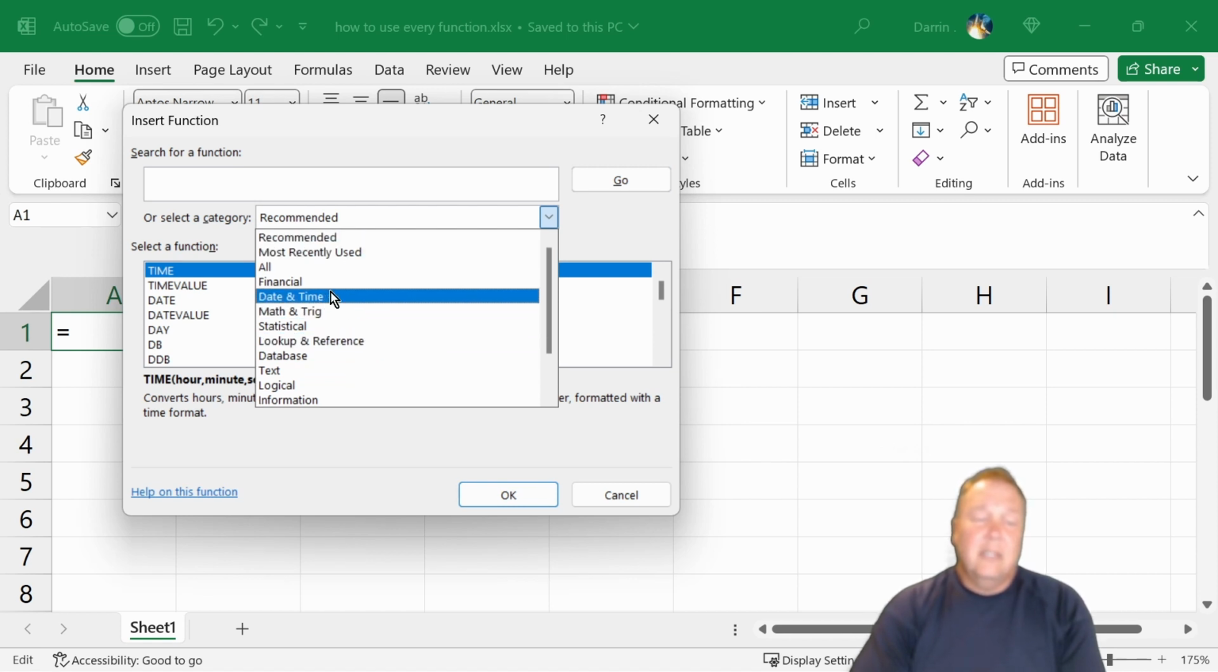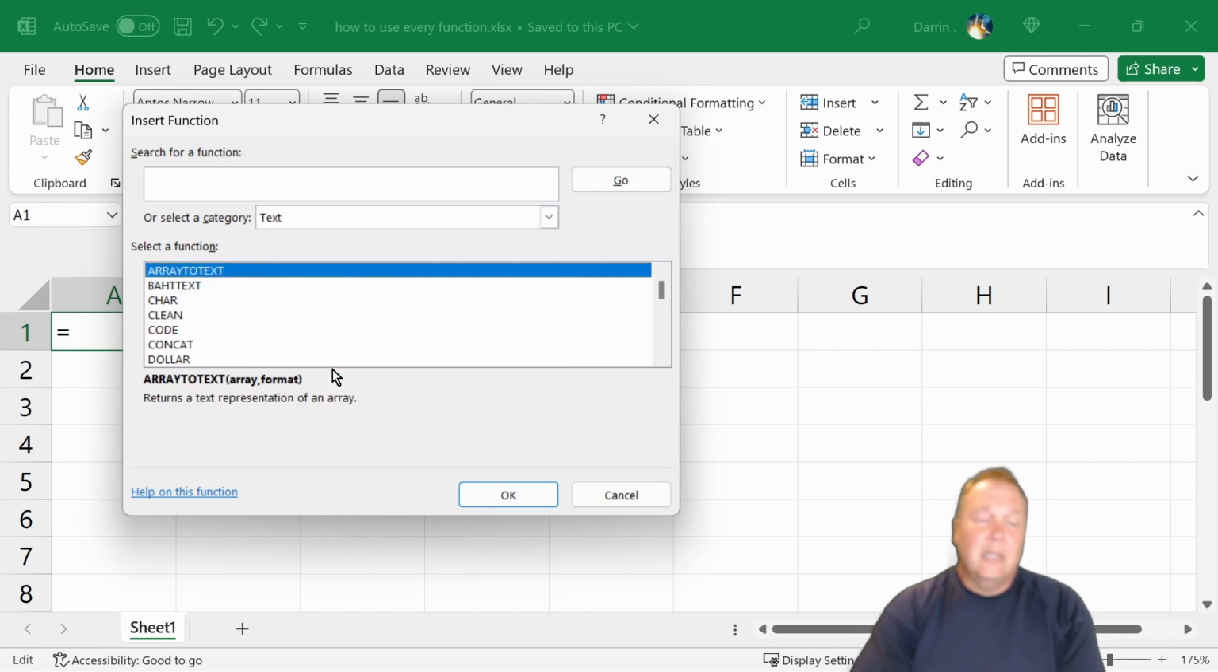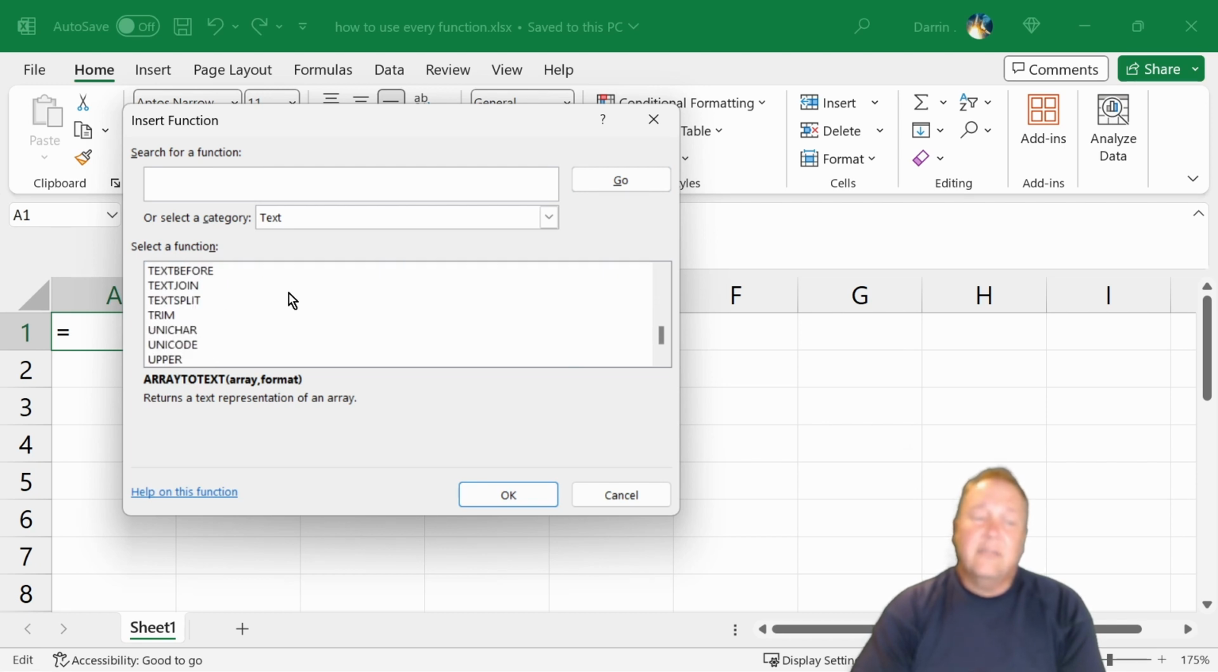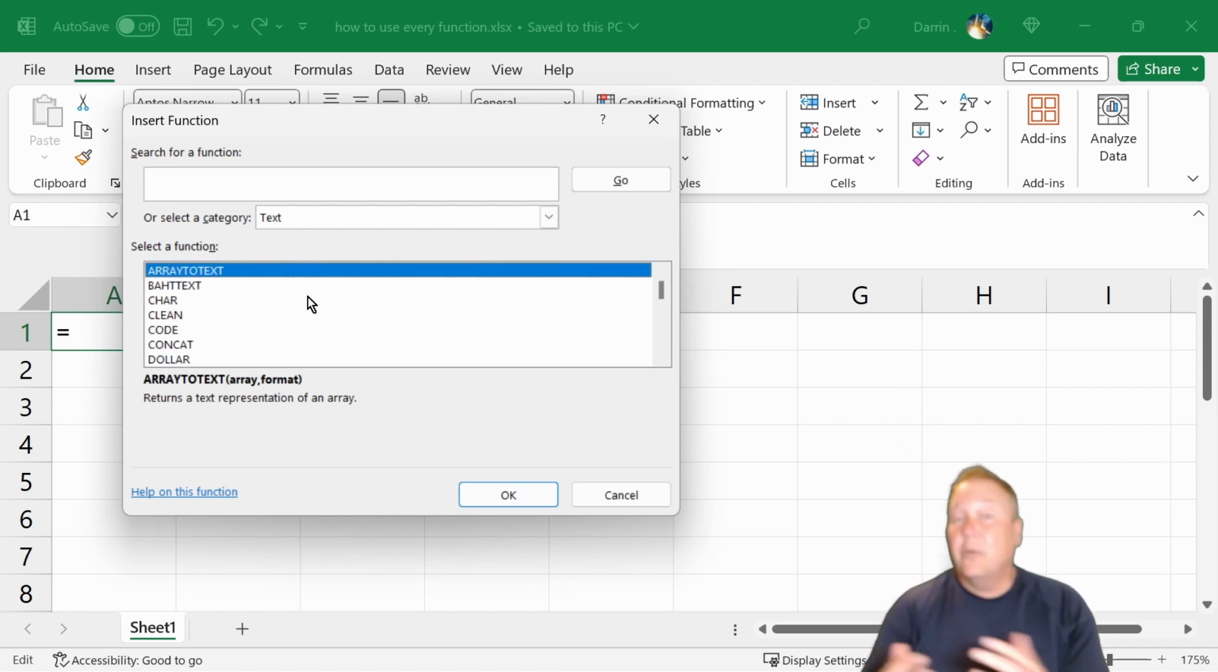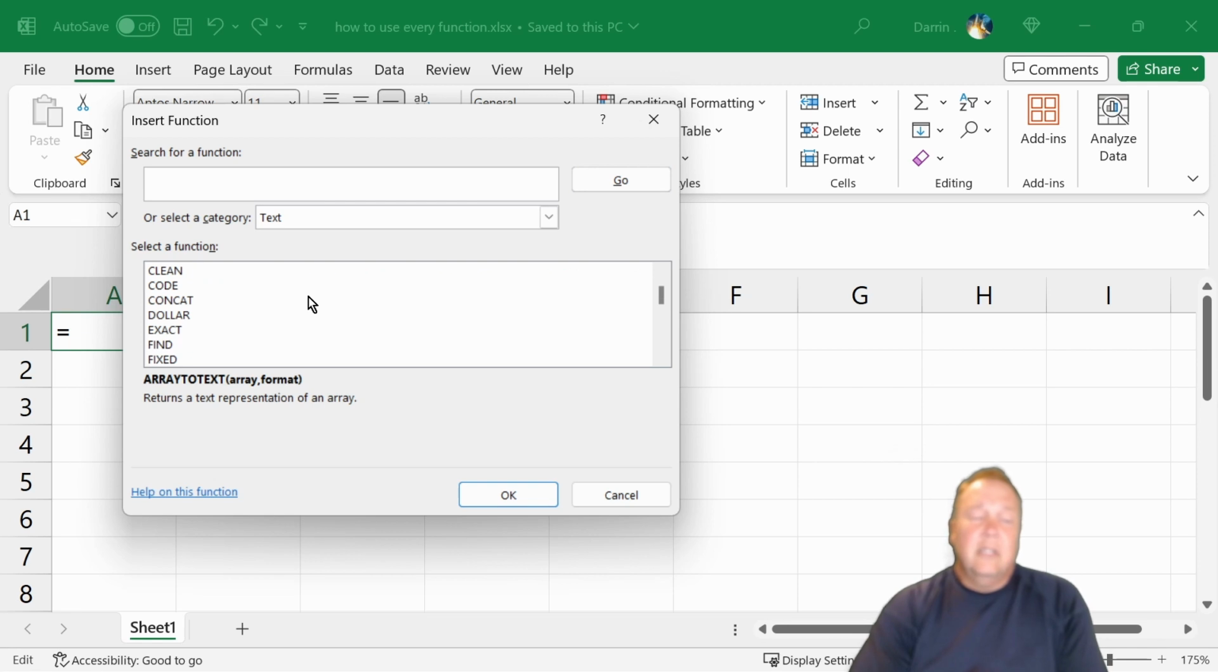For example, let's go ahead and work with text functions here. So we're going to pick text. And what it does is it brings up a list of every text function available in Excel. And some functions are available in multiple categories. So if you pick something, it might be in multiple different categories. So as we look at these things,